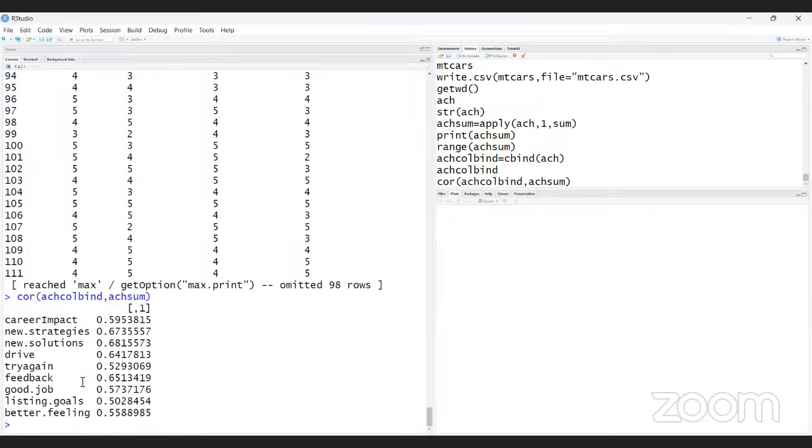Now I am writing ACH REG equal to LM. LM means linear modeling.